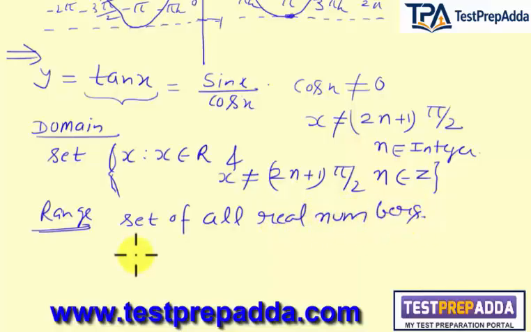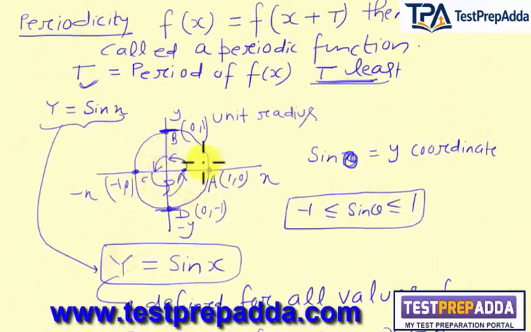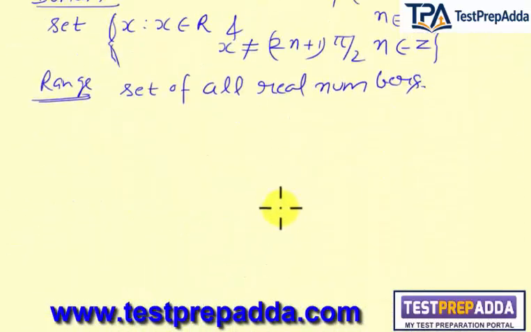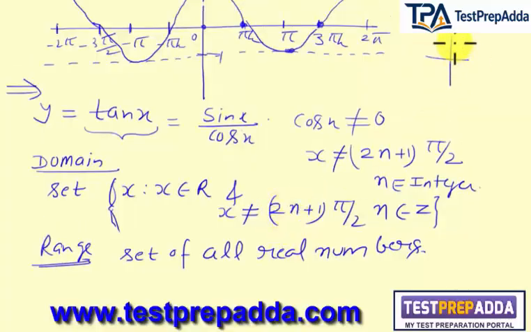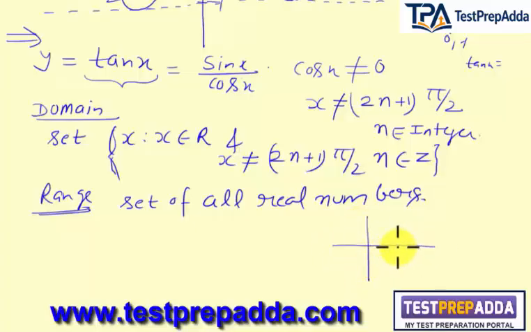Okay, now an important point. If you go and check the circle with the unit radius, here, if I draw 1, 0, 0, 1, minus 1, 0, 0, minus 1, tan x is actually y coordinate upon x coordinate. So tan x or tan theta, the variation in different quadrants will be, in the first quadrant it increases from 0 to infinity,